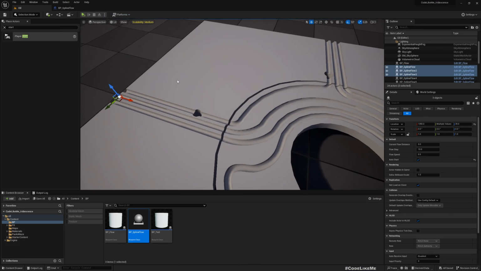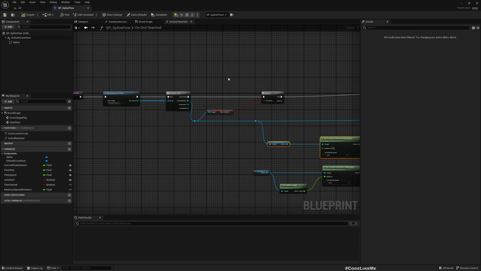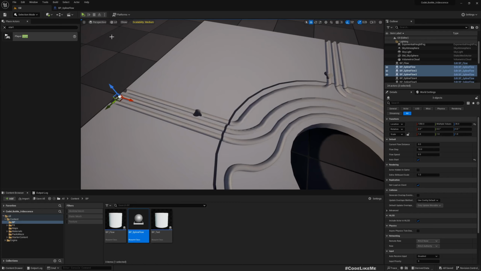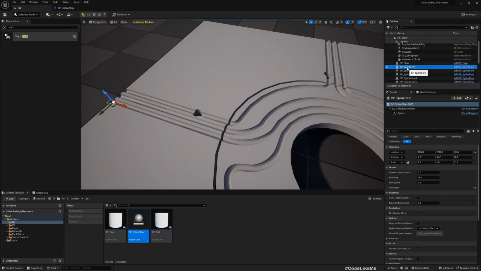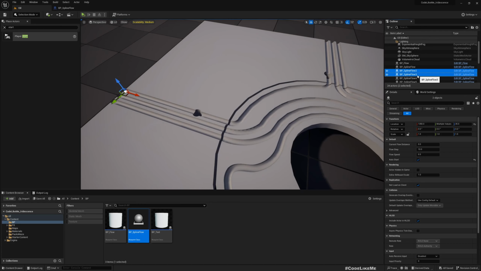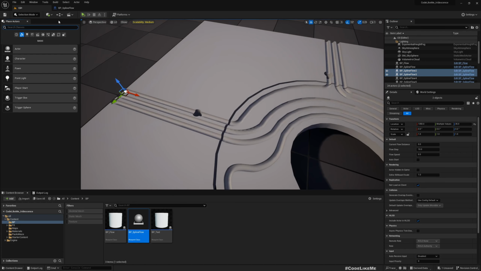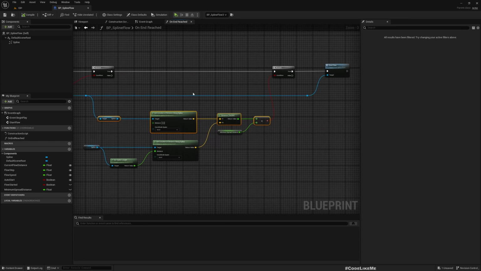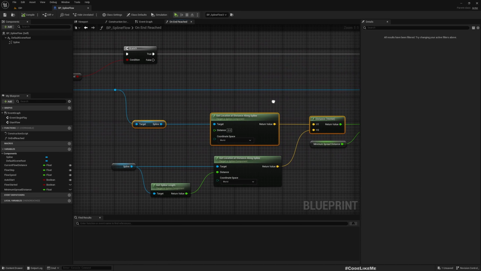Okay, let's test with only one. I'll mark the other two as auto start, and I'll set it to false. And then